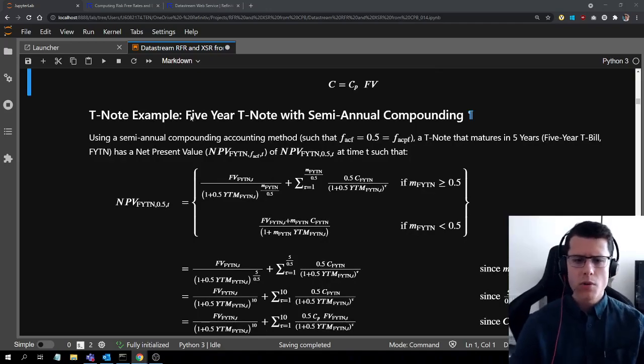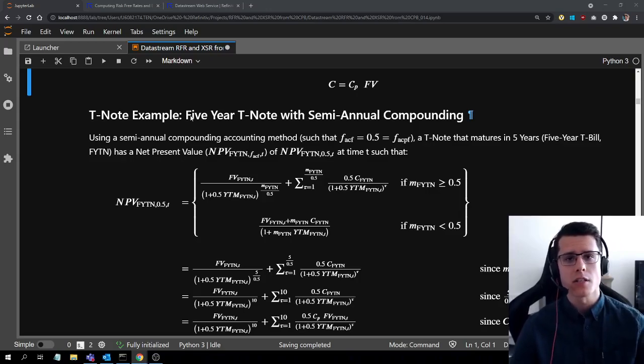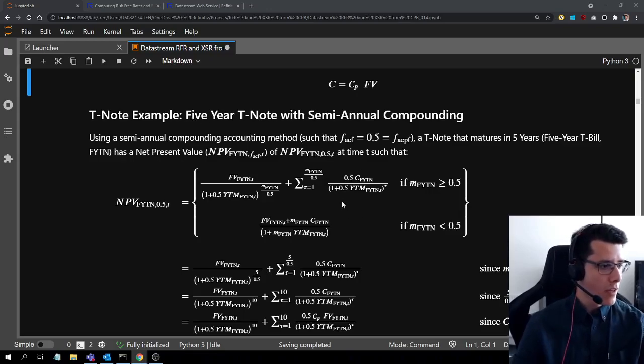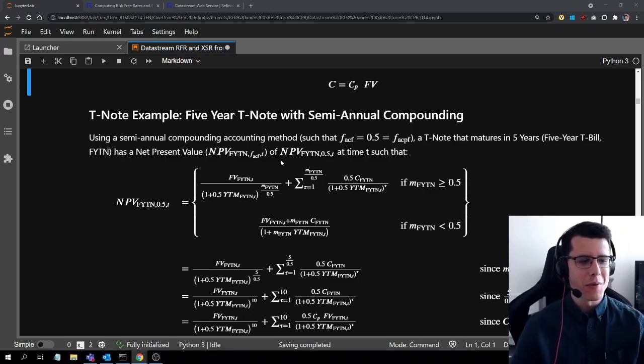So I'm going to give, most of the time, an example of a 5-year treasury note in order to have something that's a bit complex. 5 years is not too small, so this is when coding comes into play. Otherwise, you might do it by hand, right? It's quite easy enough, but once you start going through 5 years,